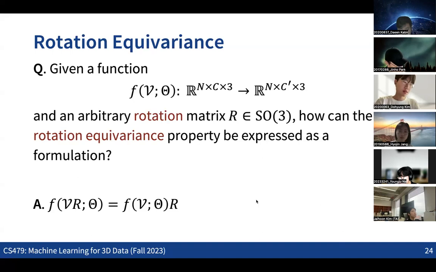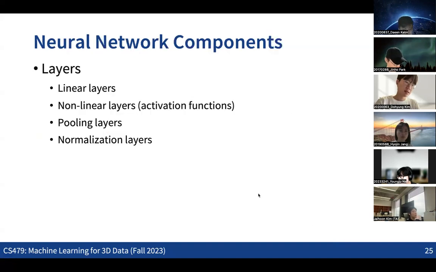Okay, so now we want to discuss some very specific ideas in terms of how we achieve the rotation equivariance property in the design of each layer in the neural network. If we look at the implementation details of each layer of the neural net, there are multiple parts. We first have linear layers, and then after that we typically apply the activation function, something like the ReLU function.